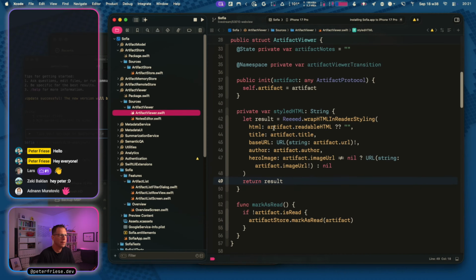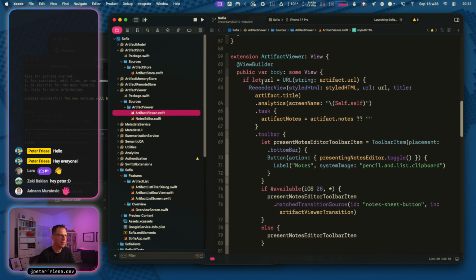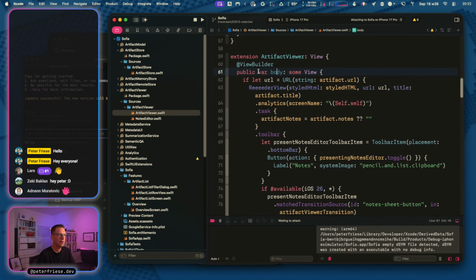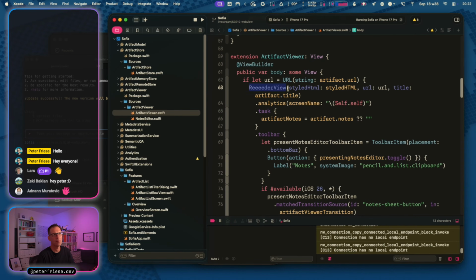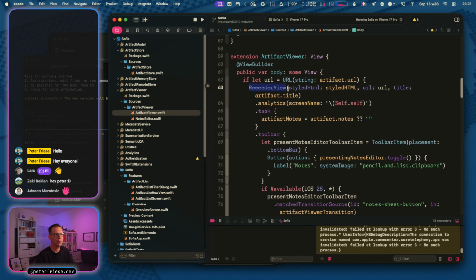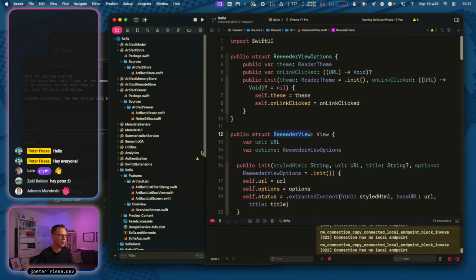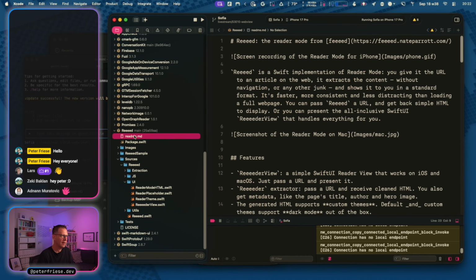And if we look at how this is set up, we have our view, and inside the body we have a component that's called ReeeeD, and the ReeeeD is an open source component that is actually part of an application. So if we look at that,